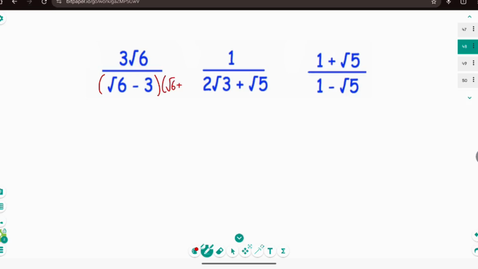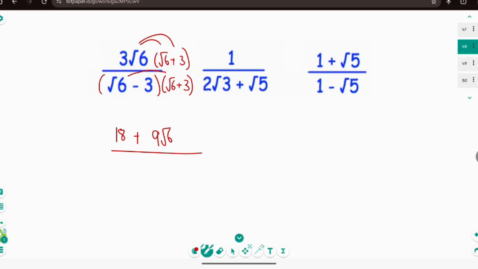Multiply by root 6 plus 3, and the numerator. Okay, so 3 root 6 times root 6. Well, root 6 times root 6 is 6, times 3 is 18. And then 3 root 6 times 3. 3 times 3 is 9. It's 9 root 6. And the denominator,